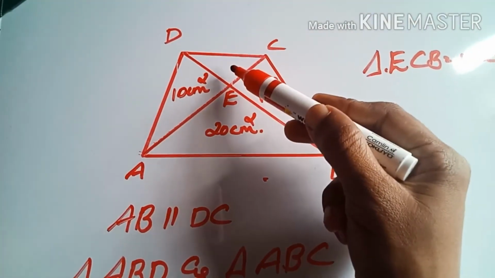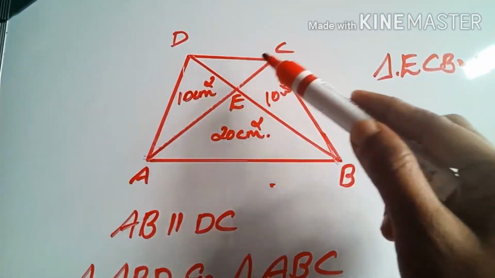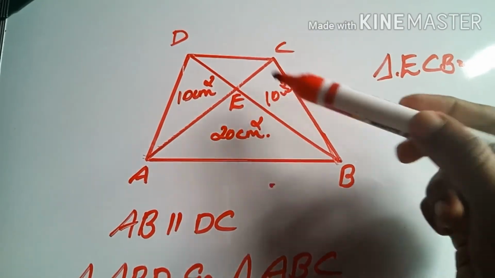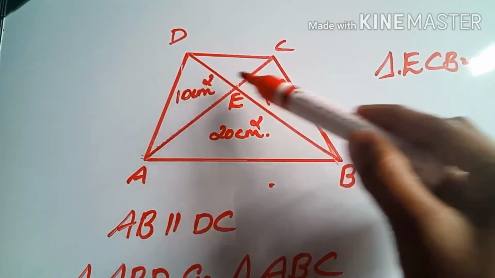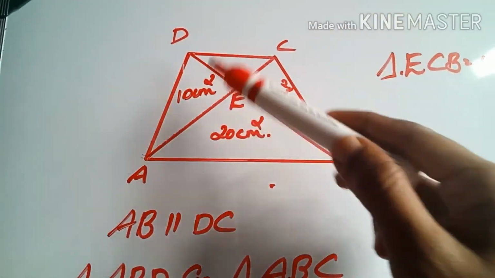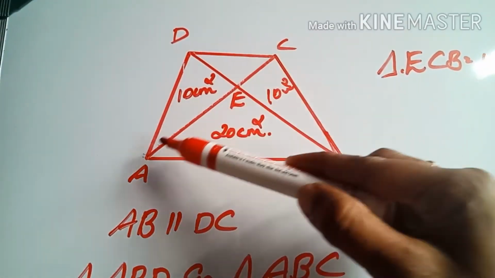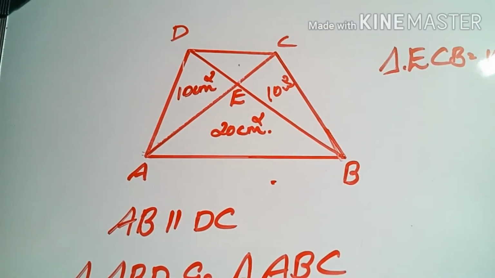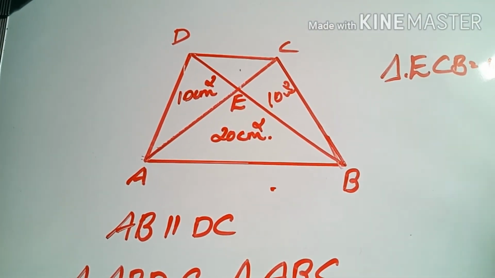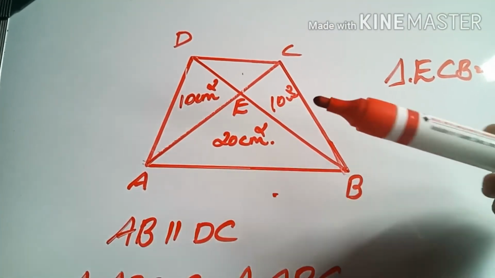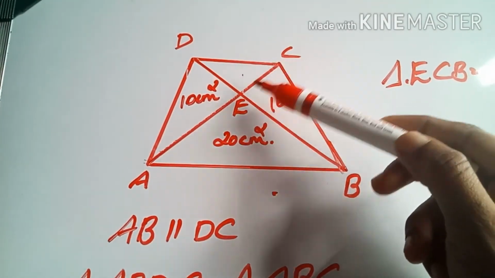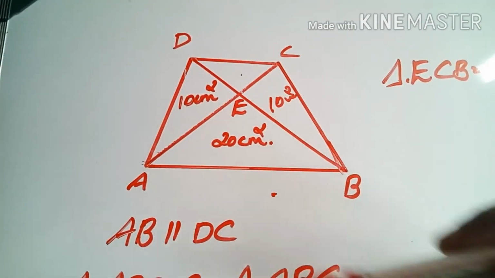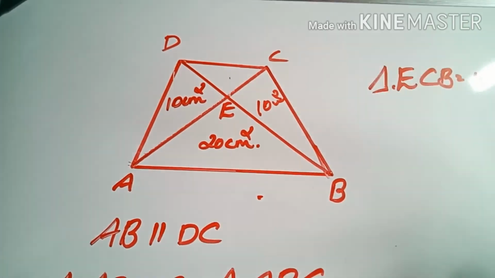Now we need to find this portion. For this, it is not possible to use the previous concept, because that portion was common for the two triangles. If we consider triangle DCA and DCB, in both these triangles this portion is missing, so that concept is not possible here. Here we need to apply another concept, that is, a line divides the base in the same ratio as the areas. Now we need to apply that here.